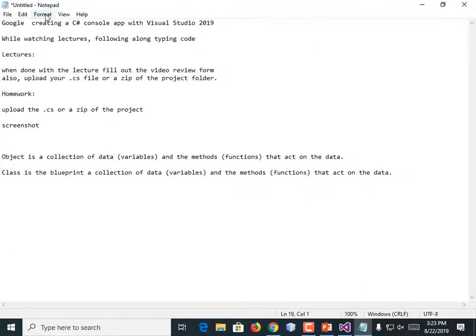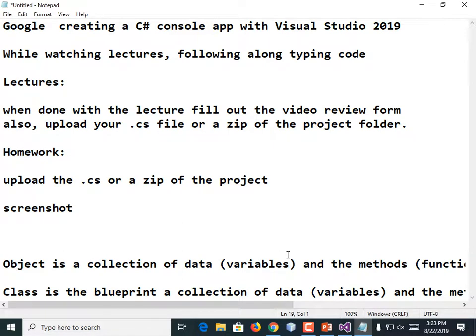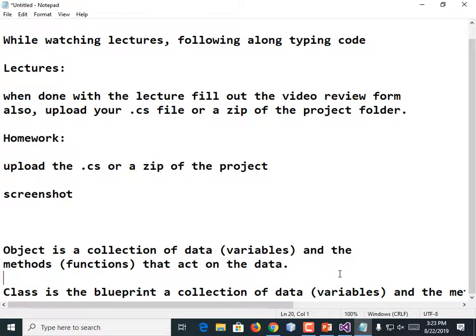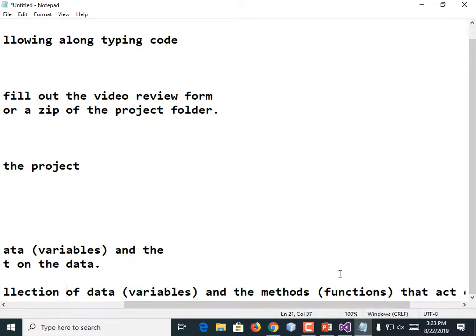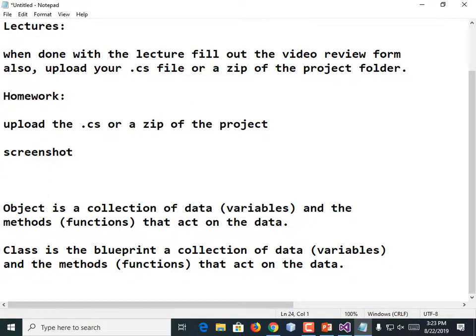That's what I'm going to say, classes. Why don't I make this text a little bit larger? So a class is a blueprint for a collection of data and the methods that act on the data. Now that doesn't mean every class has to have data or every class has to have functions, but in general.